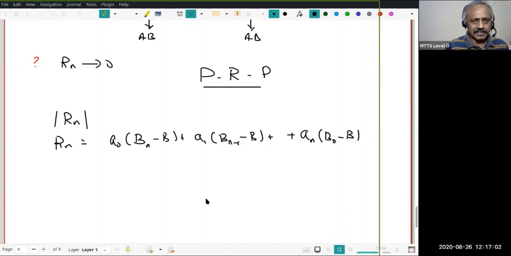Right? This is where the divide and conquer trick comes. Let us look at that. If n is very large, I know how to estimate b_n minus b. But here look at the last two terms, a_n times b_0 minus b. This may be very large. b_0 minus b may be very large. I do not know how to estimate it. Right? But let's look at a_n. I know how to estimate. How do I know how to estimate?